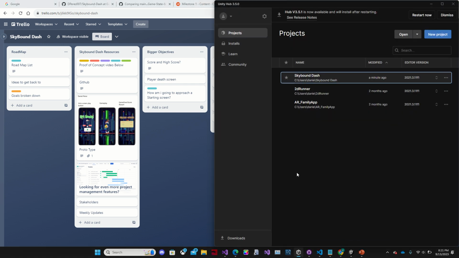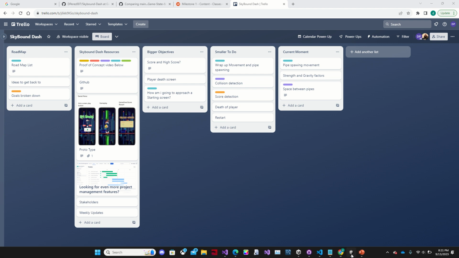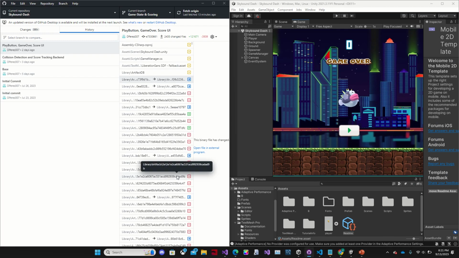So actually, before we get into the app, I do want to touch on the topic of GitHub. So I had a really big issue with GitHub that was hindering a lot of progress, and it was initially getting my project up to GitHub, but eventually I figured that out. And once I did figure that out,